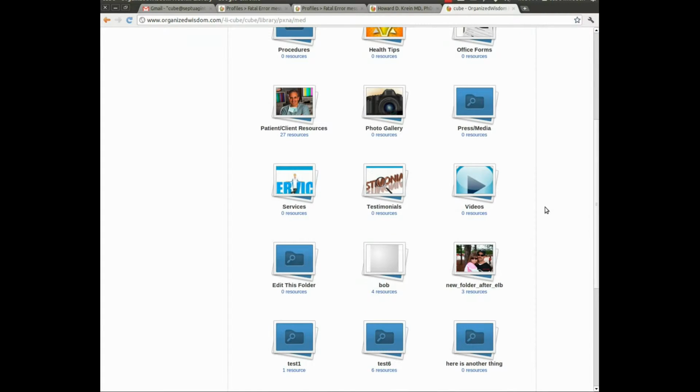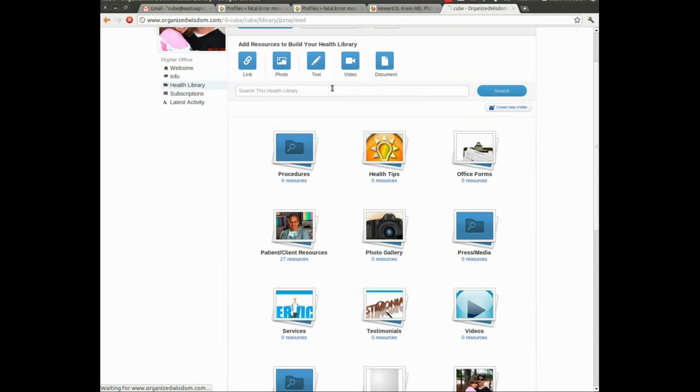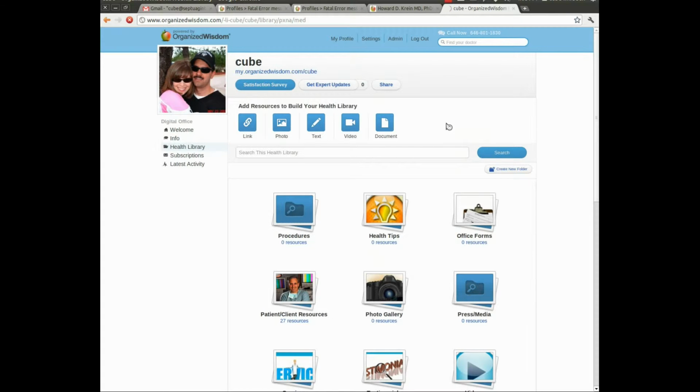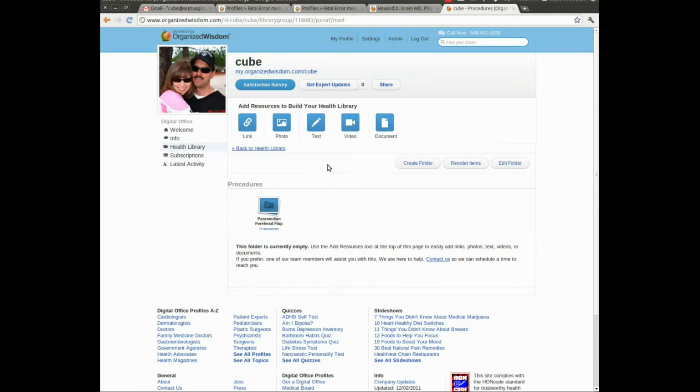So once that is created, we can then go into procedures, and we're going to create another directory under it, which is the paramedian forehead flap, and we're going to save that, and we wanted it to be within the procedures folder. So we then can start creating our